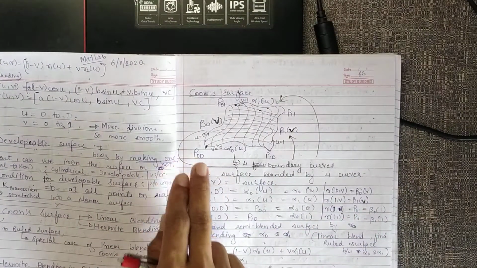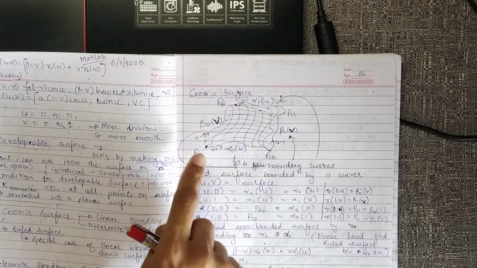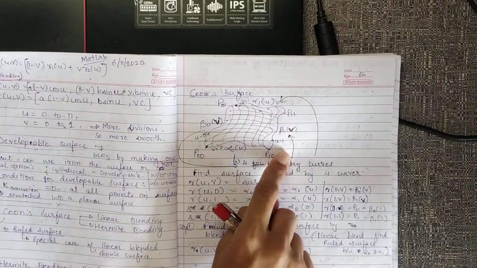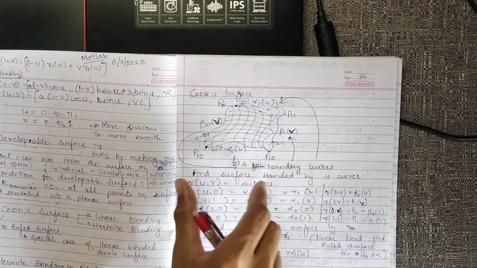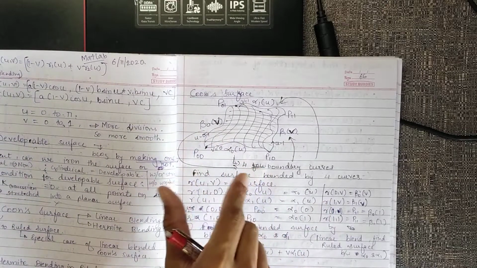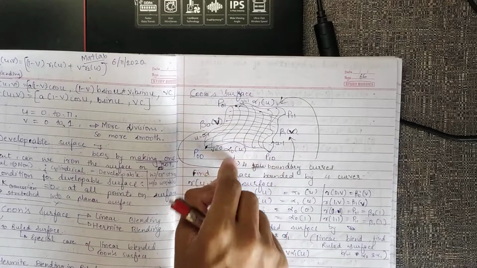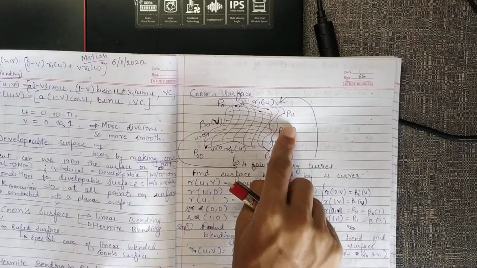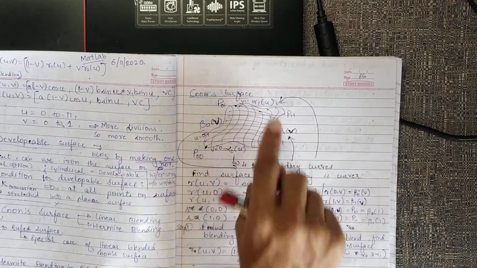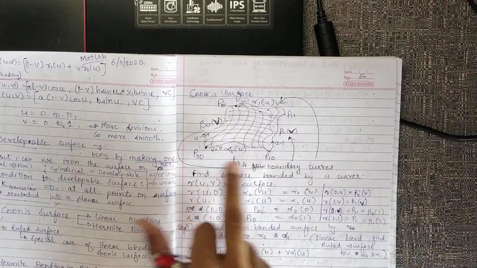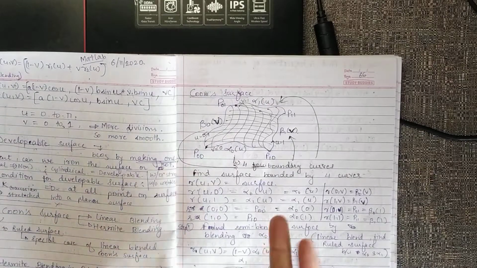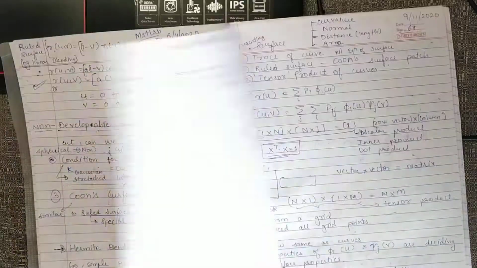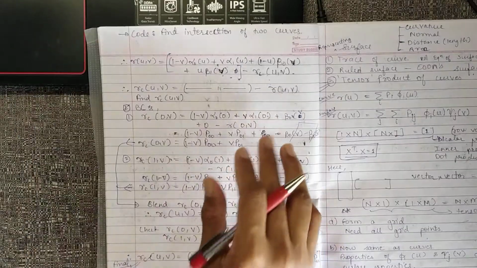So the inputs required for generating this surface will be the 4 points, the intersection points. We can find those points by intersection of curves, but that is a harder thing. That is very hard. So we need 4 boundary curves. That's all. And the intersection points will be an addition. That is extra. That may be given, that may not be given. So we can find this correction surface using this methodology.